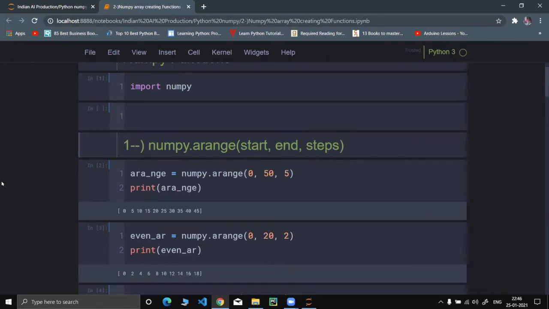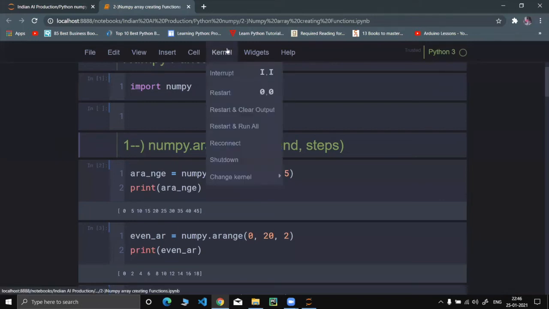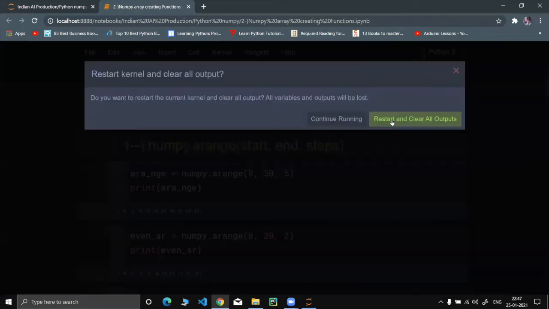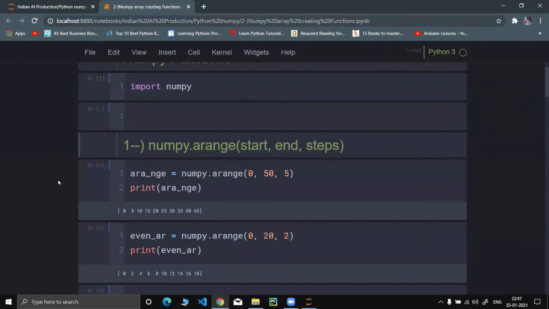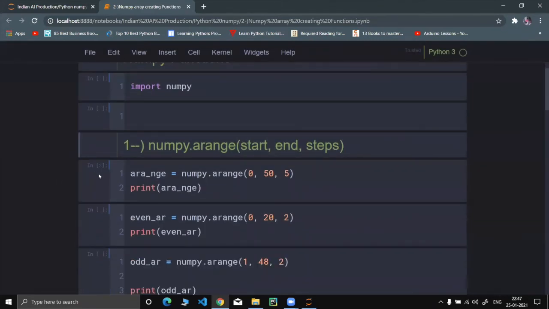Can anybody tell me what is the use of the range function in Python? Range has three parameters: start, end, and step length. Here the three parameters are 0, 50, 5. Starting with 0, 50 means n minus 1 logic, so 0 to 49. 5 means the step length is 5, so each value increments by 5.